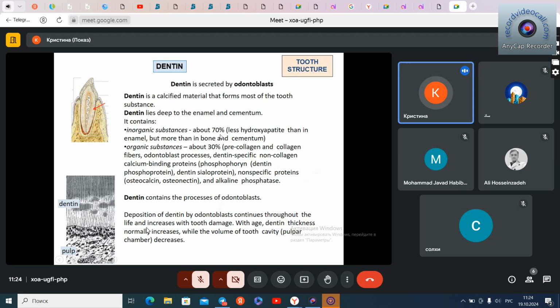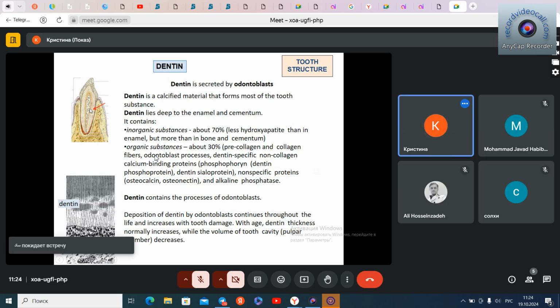It contains inorganic substances 70% and organic substances, mostly collagen and pre-collagen fibers and other proteins. The dentin is produced by the cells called odontoblasts or dentinoblasts. Unlike ameloblasts, which produce enamel and die after the completion of this process, odontoblasts are still alive in mature tooth, and they are located at the border between the pulp and the dentin, in the outer layer of the pulp